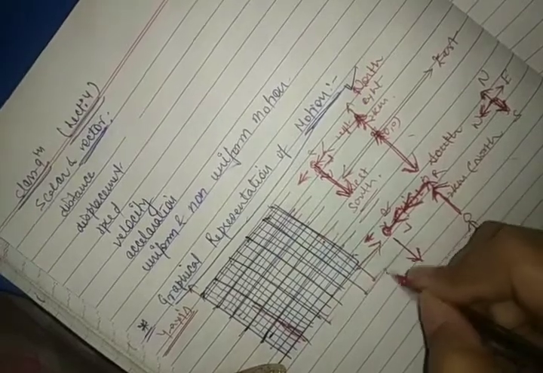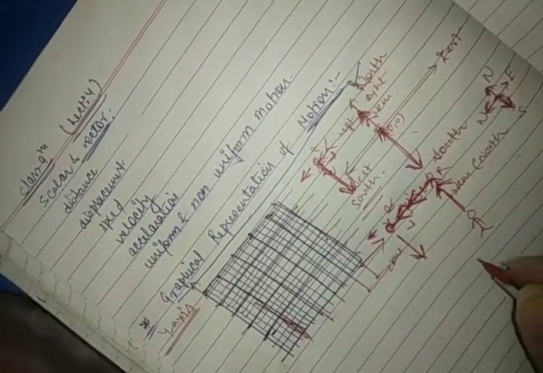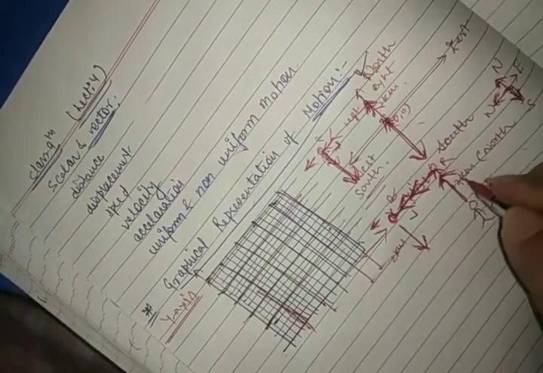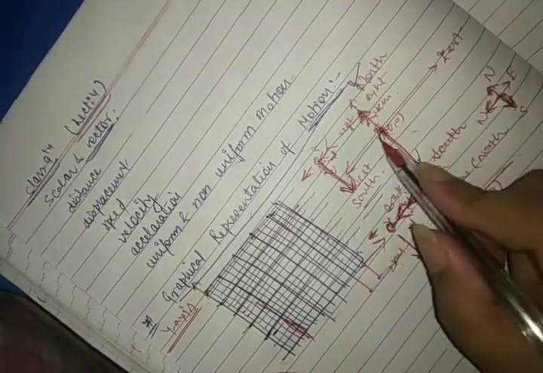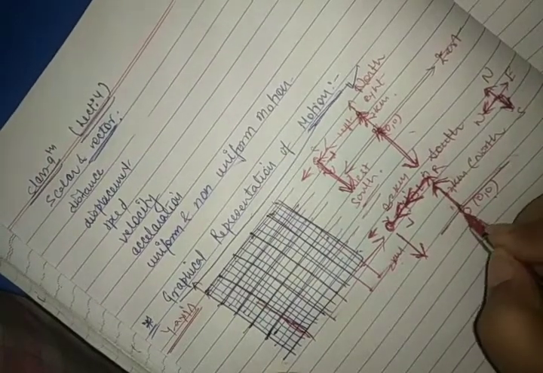So in south it starts moving 2 kilometers. So this is 2 kilometers. This is, let's say, also 2 kilometers. This is also 2 kilometers. This point is nothing but the origin point 0 0, right? From here it starts the journey. So this is the origin point. This is also the origin point.